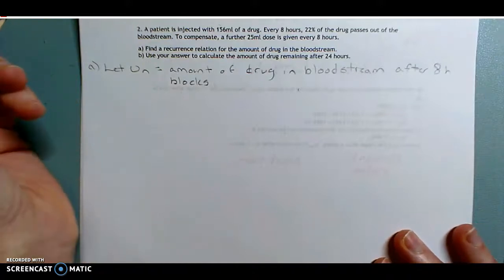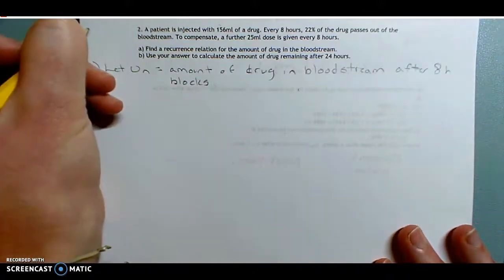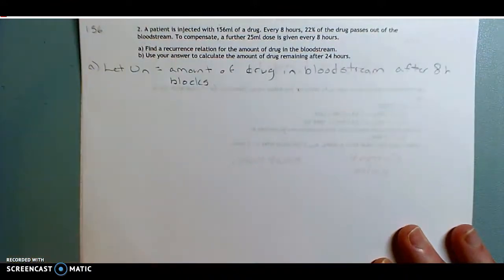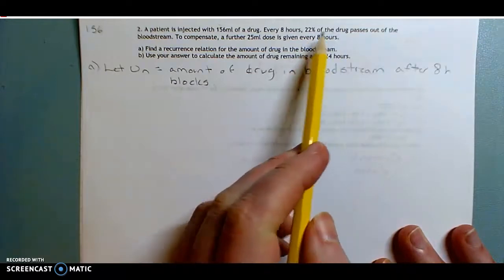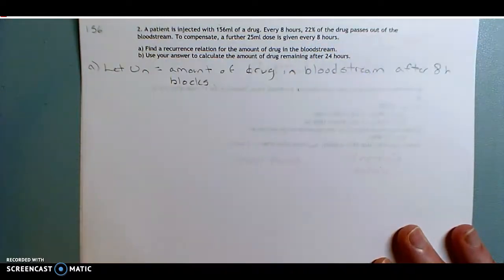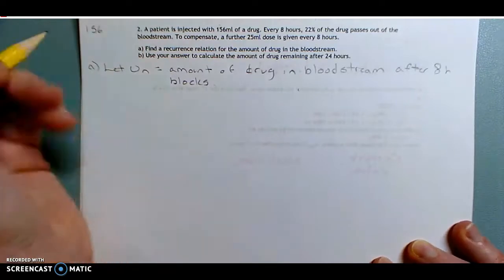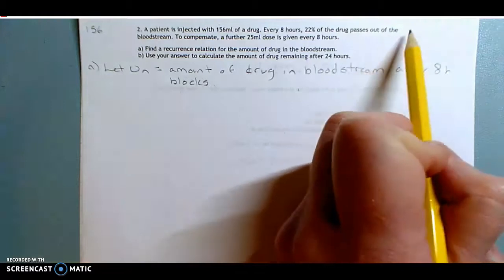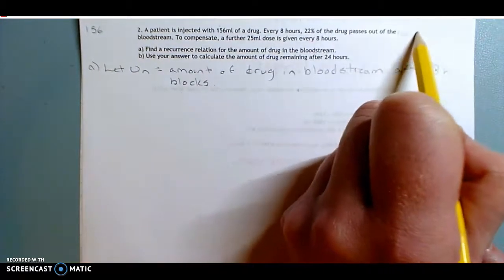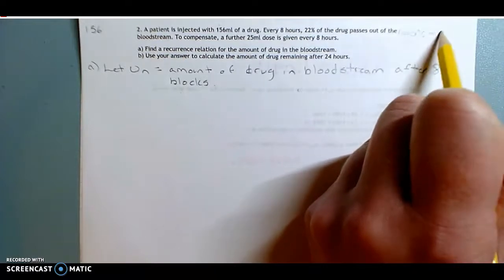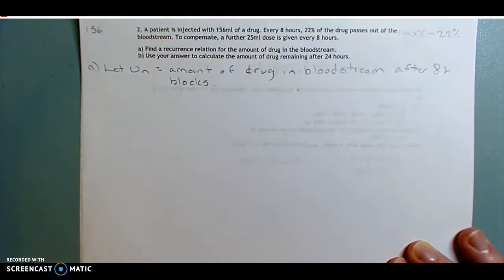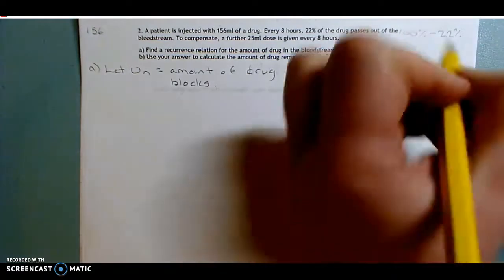Now, we have a patient, so we know we're starting and they're given 156 milliliters of the drug. But every 8 hours, 22% of this drug passes out of the bloodstream. So that means we're starting with an initial 100% of the drug, and we're losing 22%. So after we lose that 22% every 8 hours, we're left with 78% of the drug